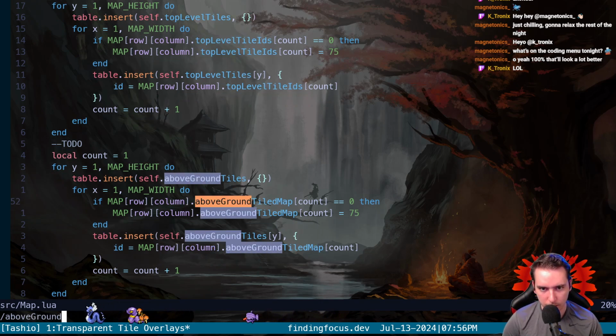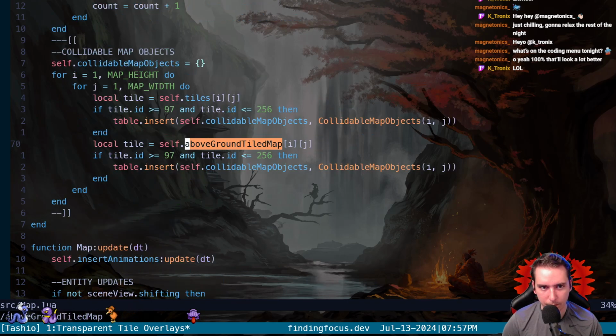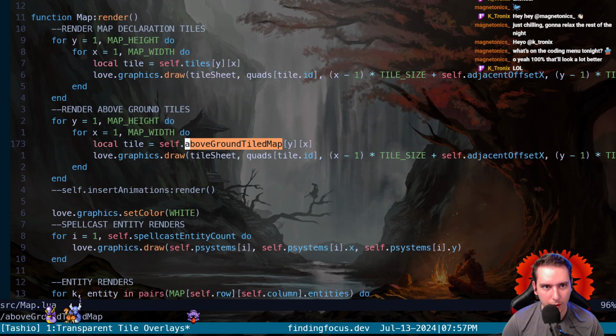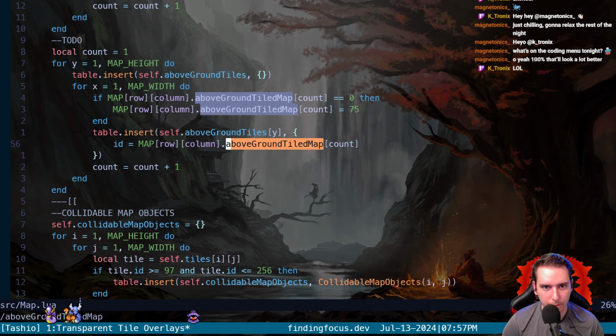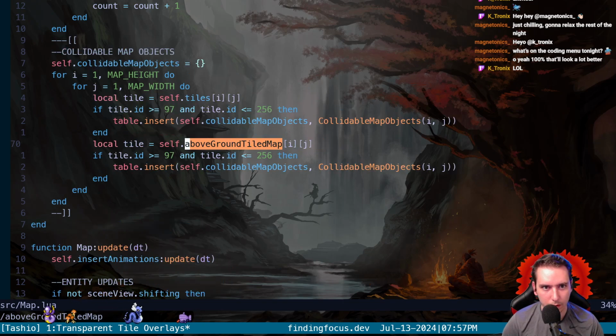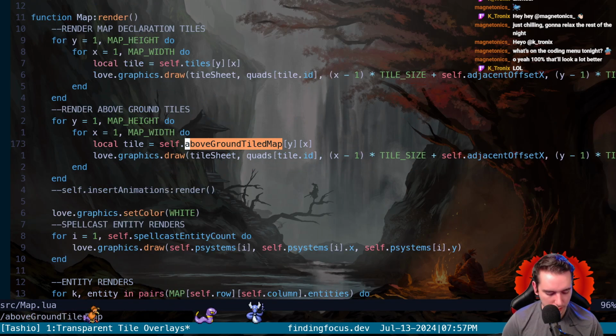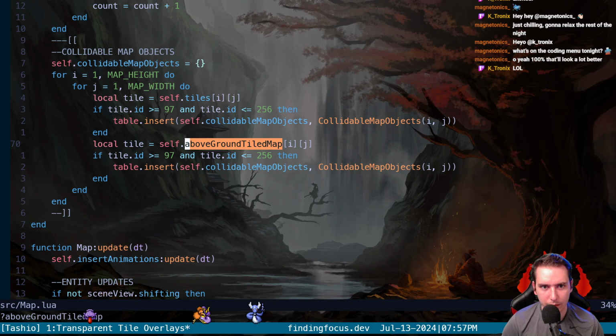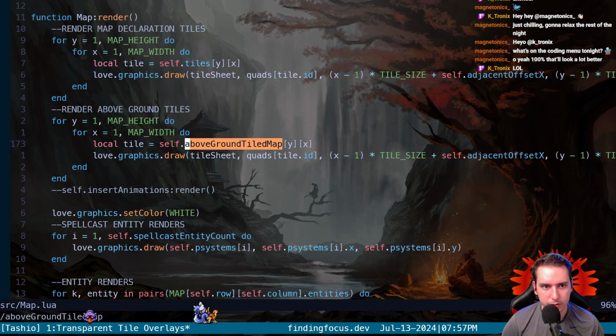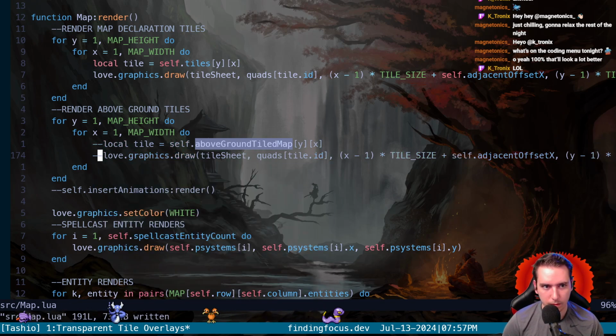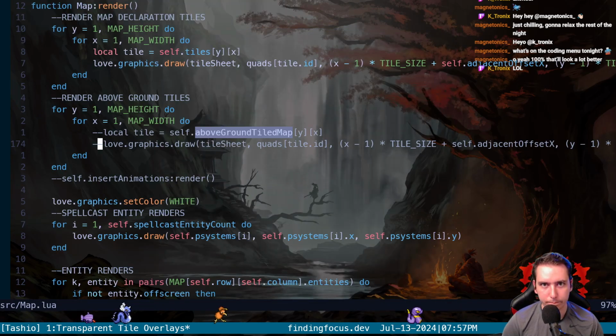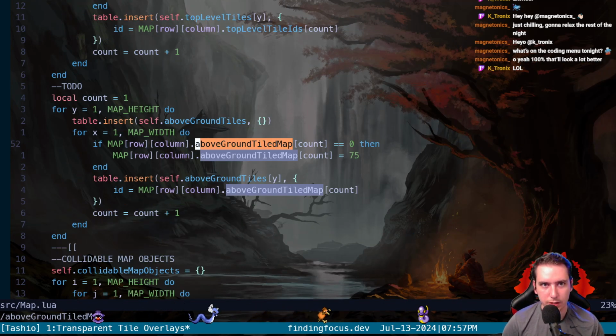Let's see, above ground tiled map, and we'll keep the same convention. Oh, yeah, we are doing it wrong here. Shoot. Render, okay. That's the render, so that's wrong. It's this one. This is a tiles table, above ground tiled map. No, that should be right. Okay, so I think the first thing we want to do, this is wrong. So let's not do this just yet. Let's see, does that stop us crashing? No. Okay, so the next thing we're gonna do is give us the same level, same